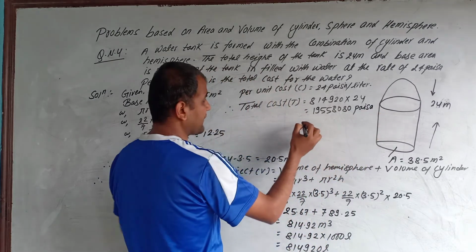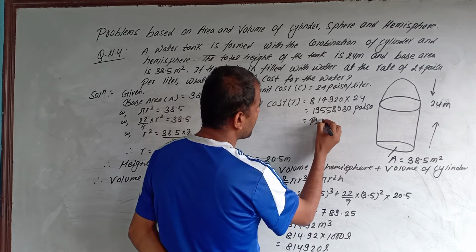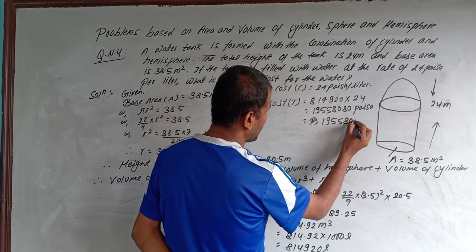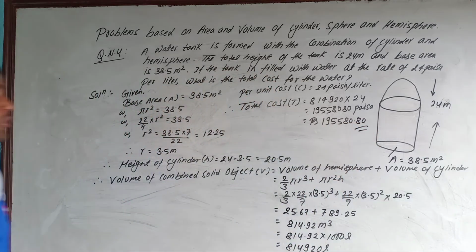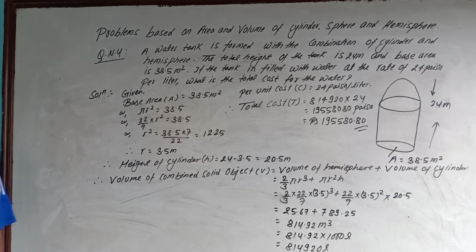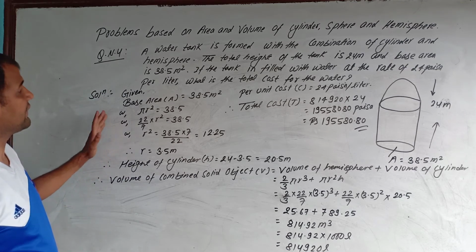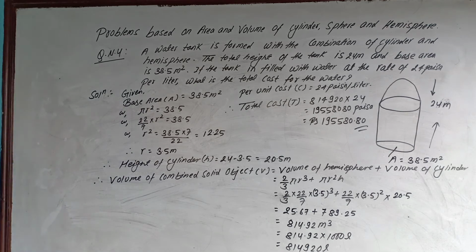To convert the paisa into rupees, we should divide by 100, that is Rs 195580.80. This is the total cost of the water. In this way, we estimate the cost of water in this question. Okay, next question is